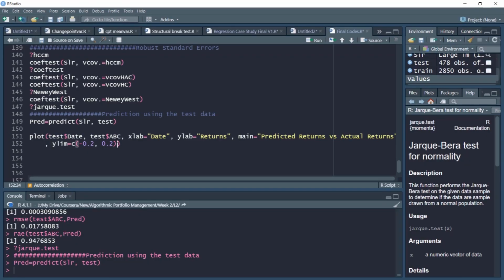Then pch 20 will ensure that our objects are plotted as solid dots. We want them to plot in red color. Also, let us specify the type as line, type l. So there will be a solid line, in fact.